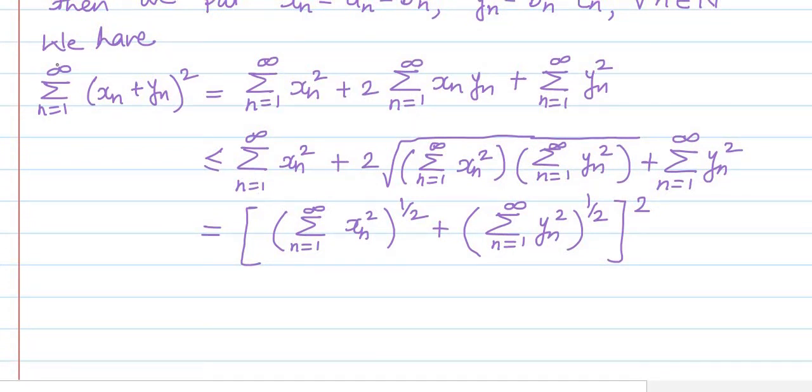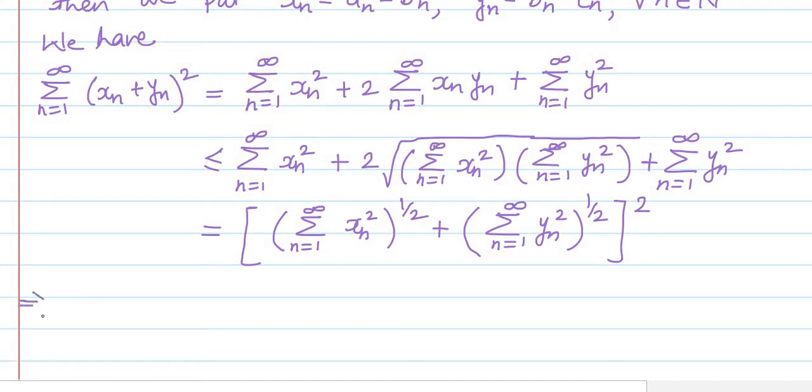So now next one. What we have shown just now, we will write down once again. We have shown that the summation over n equal to 1 to infinity of (Xn plus Yn) square is less than or equal to the square of this right hand side, this bracket. Now the left hand side is a non-negative number, as it is a summation of infinite number of non-negative real numbers, and the right hand side, being a whole square of a real number, is again non-negative. So both sides are non-negative quantities. Therefore we will take the positive square root of both sides, and by taking the positive square root of both sides we get